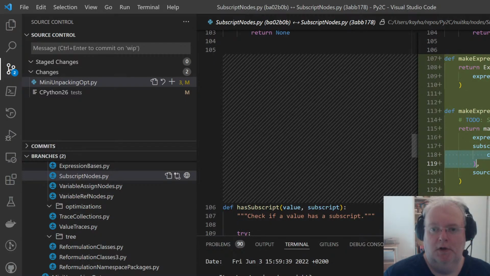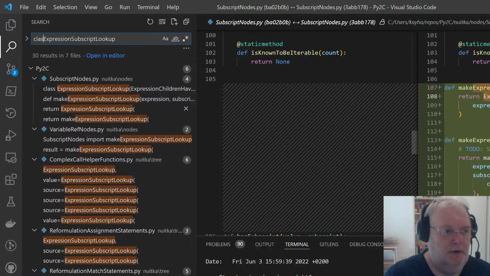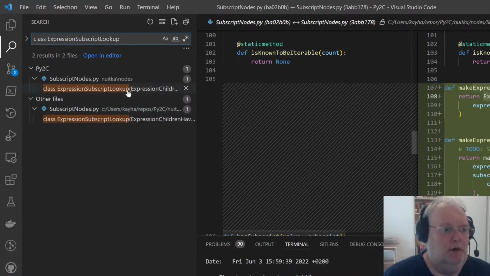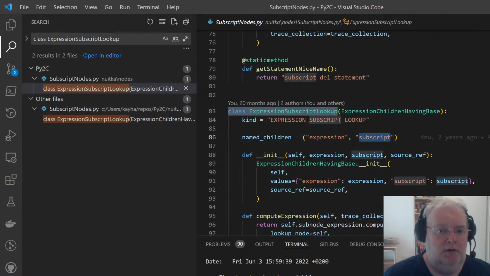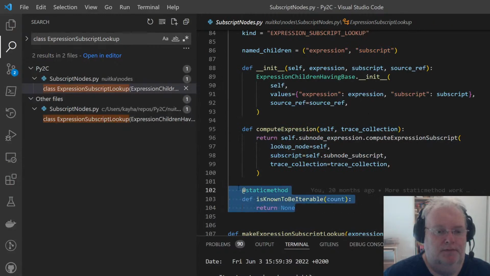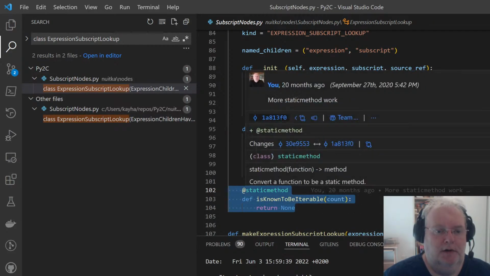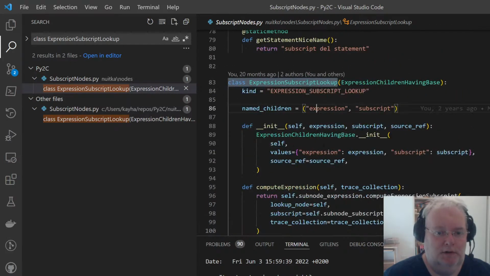So it's hidden here, but I added a to-do, and maybe I can specialize then the subscript lookup, and make it have a case where the subscript is not a child, but a constant value. This one is also something for our old iterator tracing.